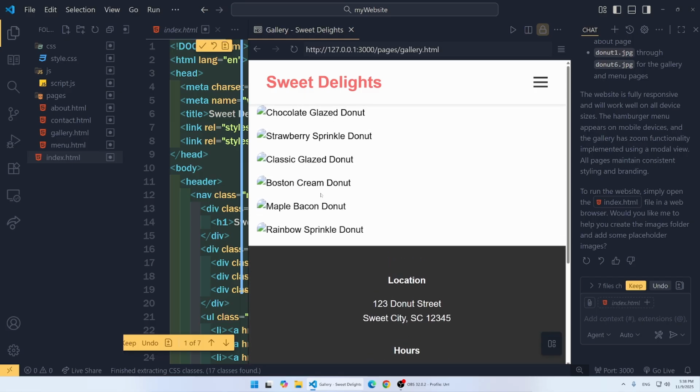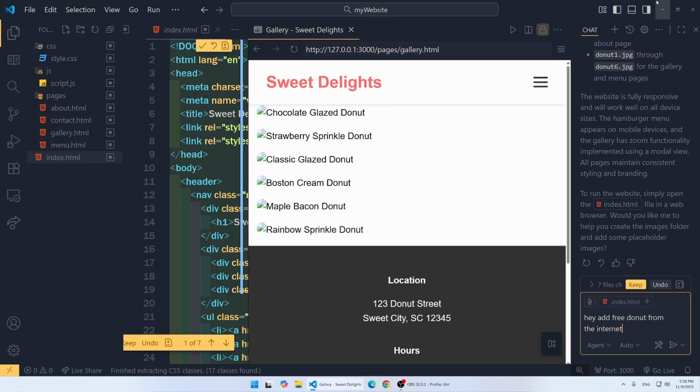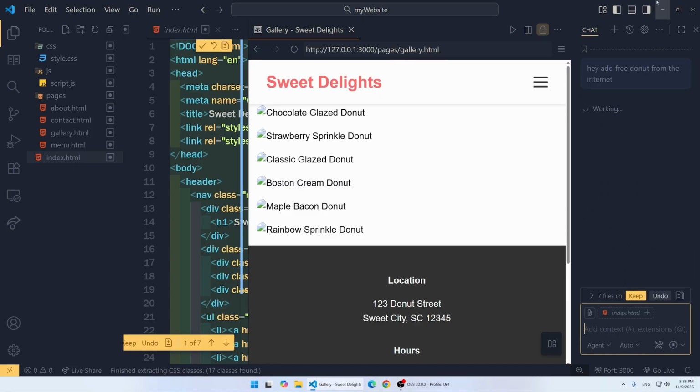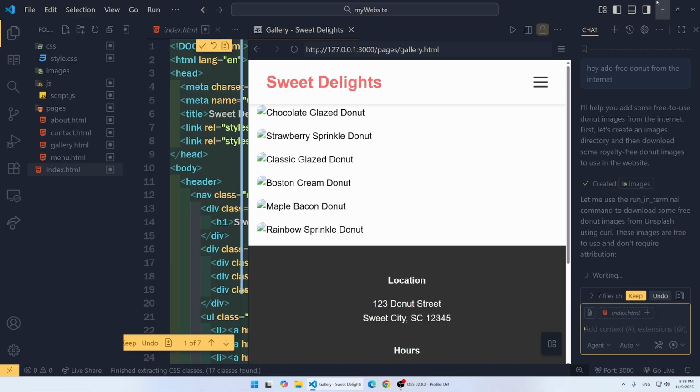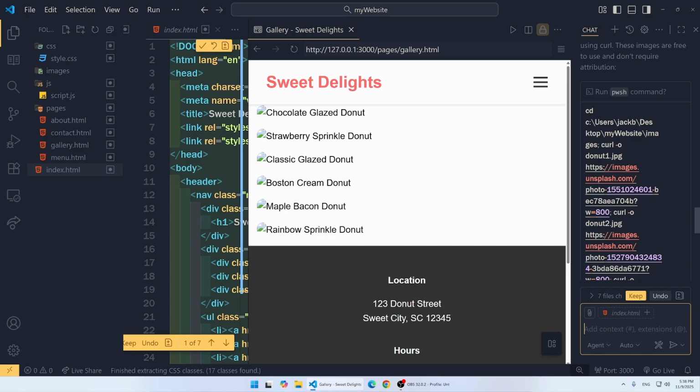Basically, you see the images are broken, so maybe we can just, you know, tell it, hey, add free donut images. All right, I don't have donut images on my computer, so let's simply tell it, hey, add free donuts images from the internet. Should do it. You see, even though I didn't say add free donut images, I just said add free donuts, but it understood this idea. So you see it has brought some images here,